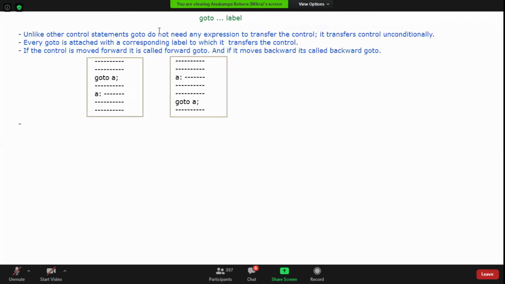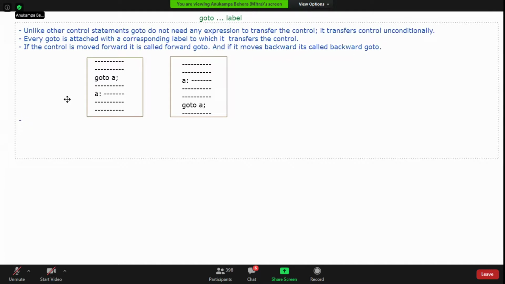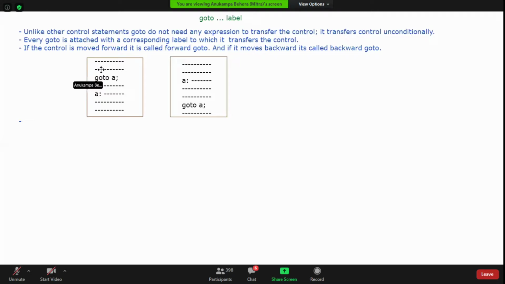So what happens in the first part? We are having multiple statements here, right? There is statement number 1, statement number 2, statement number 3, like this it goes on. So it will execute statement 1, 2, 3, then it skips 4 and goes to 5. Isn't it? So in this case, the control is moving here.